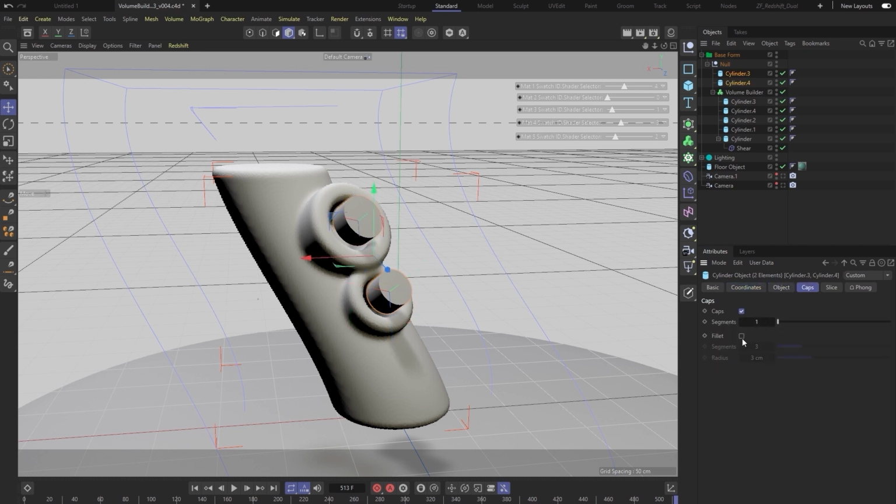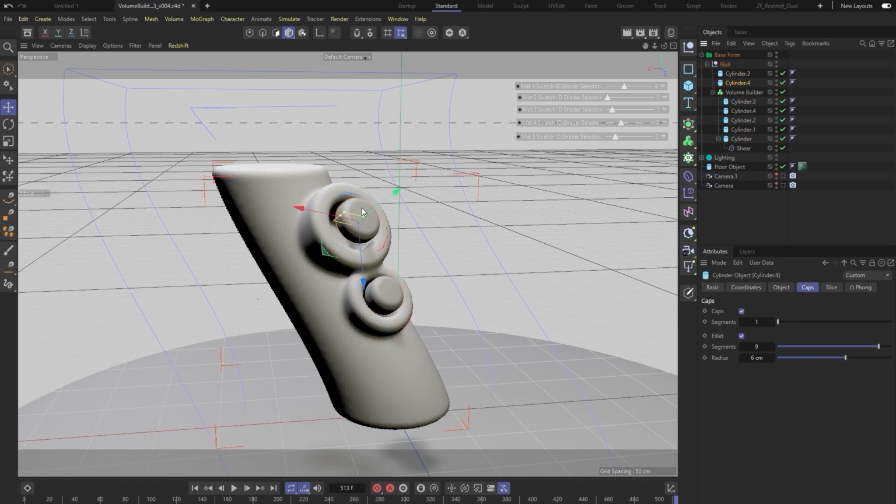But that being said, they would be nice if they looked a little bit smoother. So I'm going to turn the fillet on and go ahead and upgrade the amount of segments, and get them nice and smooth, similarly to this guy, or however you like it.